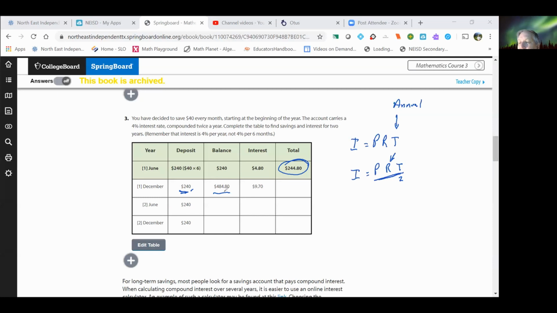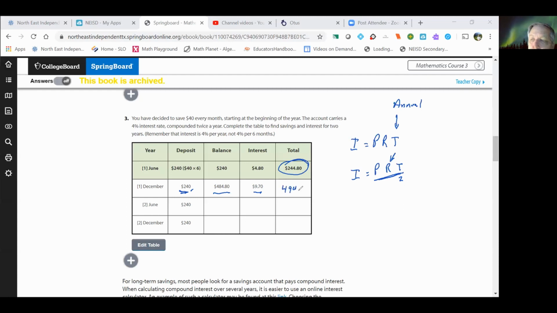Divide that by 2, and we're going to get 9.696, which rounds to 9.70. Then we're going to add those two together. We're going to have our 484.80 plus 9.70, and we have